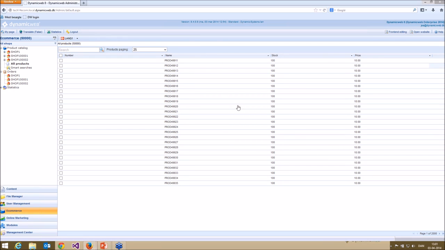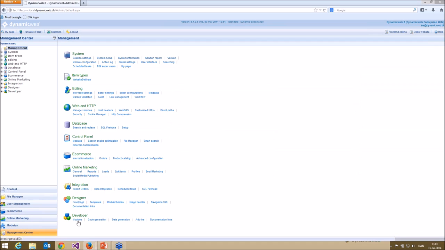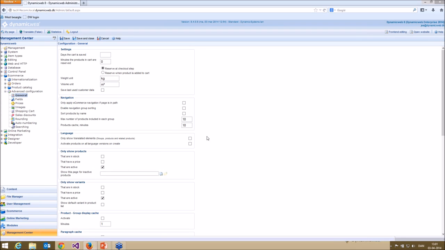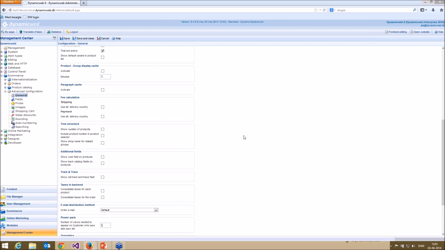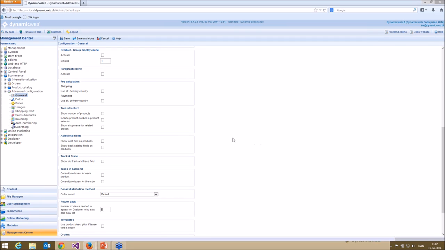So now I have all the products that I have available for this language right here. But this list could probably, let's say I'm doing a lot of imports, be very long, and we would then have an option of limiting that list. First of all, I need to again opt into this. This is something that we've said you should allow for your users, and if you don't, then the features will not be available. But under the Management Center e-commerce and advanced configurations, we have a new checkbox called show